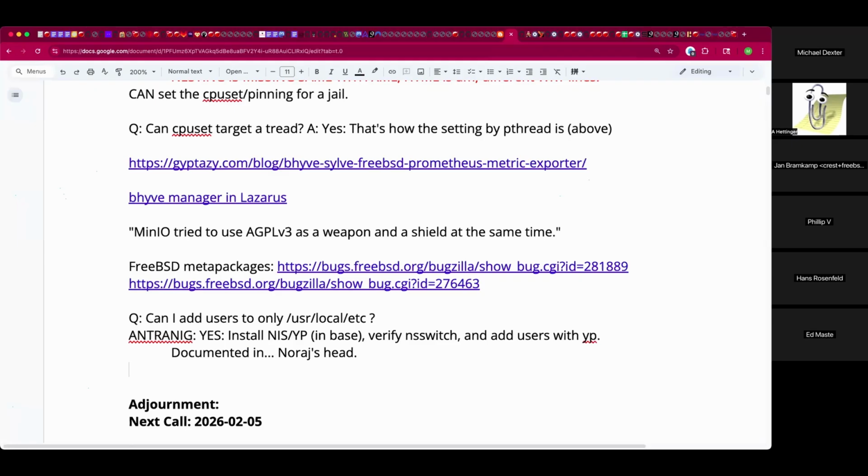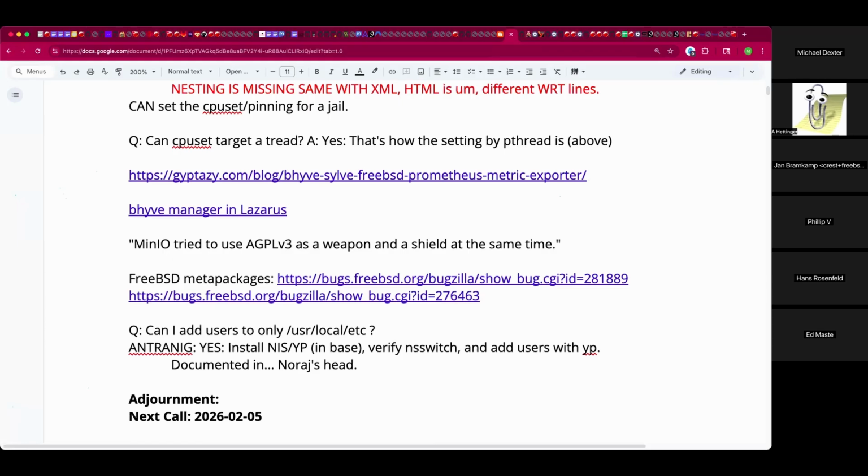When it comes to passwords following the Mac OS model, it seems that you can use the in-base tools with NIS and YP to, in fact, have user local handling passwords, and you do need to manage them a little differently, but it's just using NSSwitch, and it's just totally in-base tools. Well, Anshonig was not available to join to discuss either that one or his very cool pinning work, so that is okay. Those are my topics.